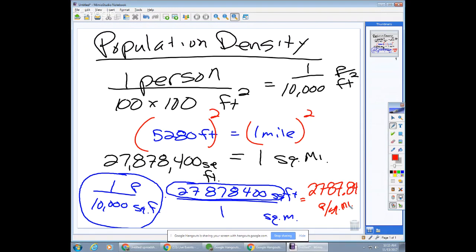Okay, so like those floor tiles out in the hallway, 100 by 100 square, has 10,000 of those in it. One person has that in a mile, that'd be almost 3,000 people. That's what we just calculated. No, we take this number divided by 10,000. Yeah. And that gives us 2,787 roughly. We round up to 2,788. So here's what we calculated.